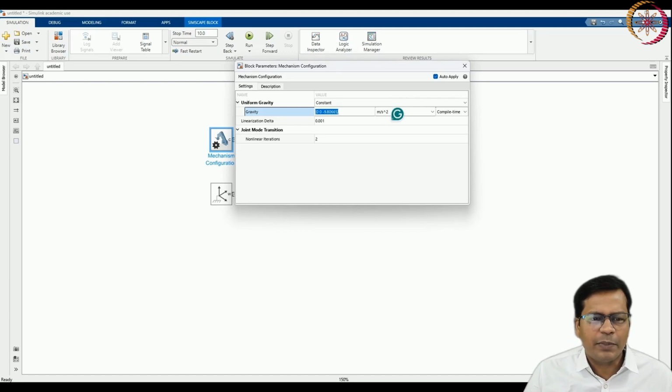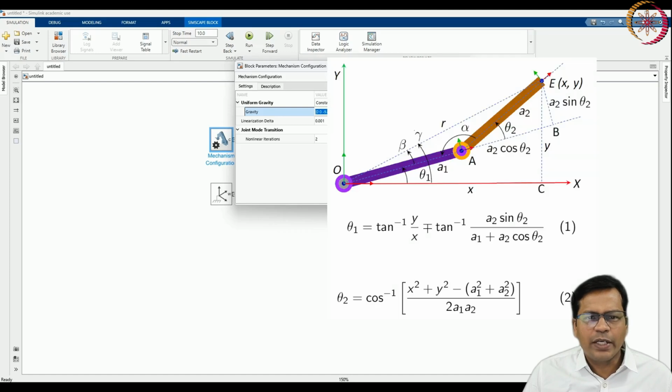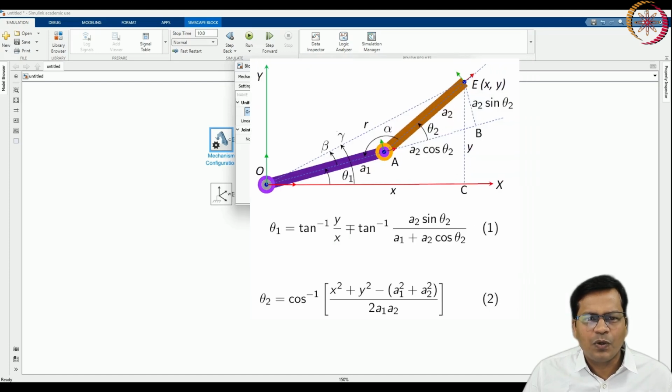So if you remember your two link manipulator, it looked like this. Okay, so you see you have x axis along this, y axis like this, and you have link 1 that is shown in violet color, and you have dark yellow color that is link 2. Okay, this is the manipulator that I am going to simulate.